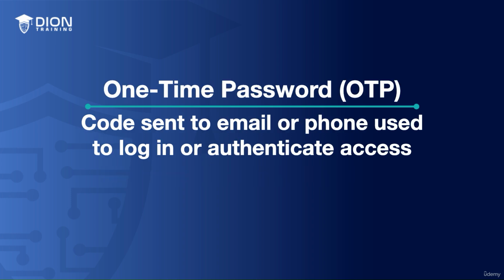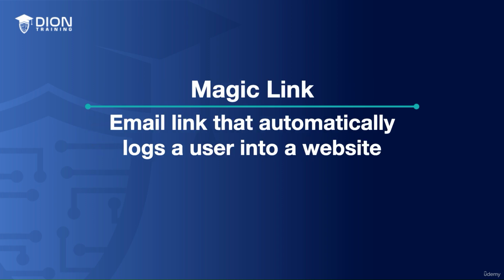A one-time password, or OTP, is a code that is sent to your email or phone, which you can enter to log in. The code is usually valid for only a short period of time, maybe like 3 to 10 minutes, and it can only be used once to log in. After that, a new code will need to be requested when you want to log in again. A magic link is a link that is sent to your email. By clicking the link, you're automatically logged into that website. This link is also valid for a short period of time and can only be used once, similar to a